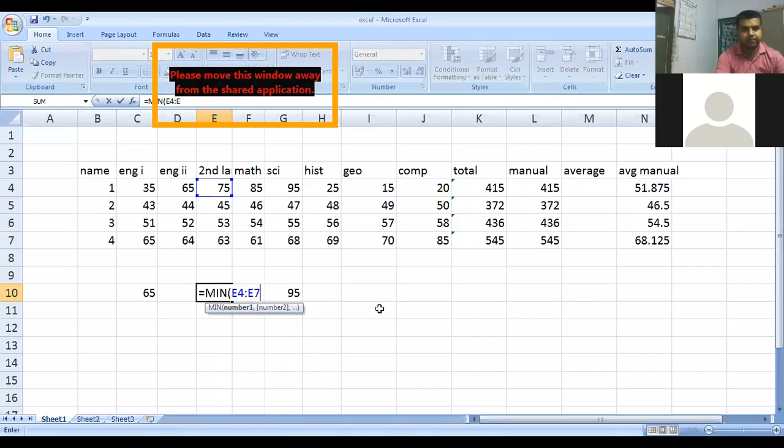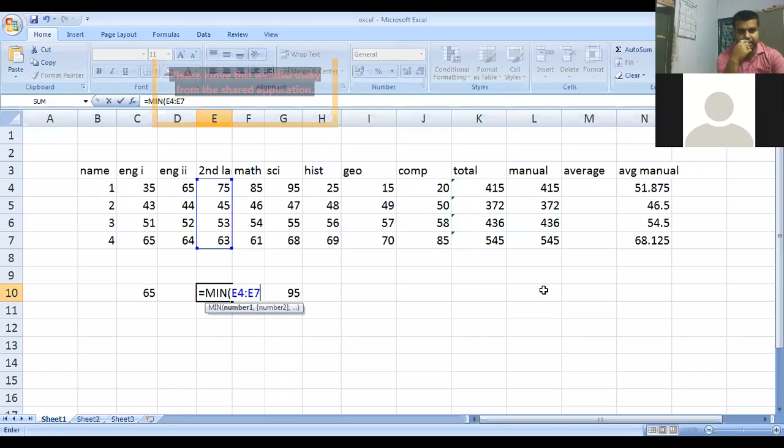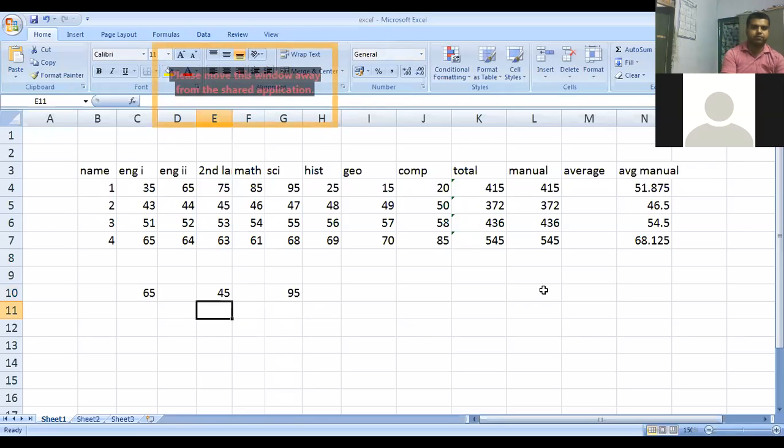Once I select E7, you can see all the second language marks are selected. Now if I close the bracket and press enter, it is showing 45. That means 45 of student number 2 is the lowest mark obtained in the second language.